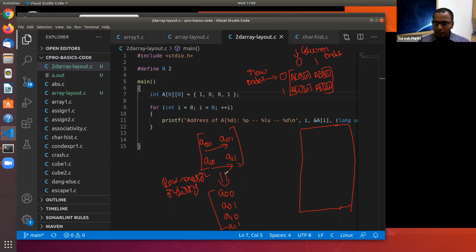So from the hardware in the first class itself, we have this abstraction that we think of memory as a linear array of bytes.